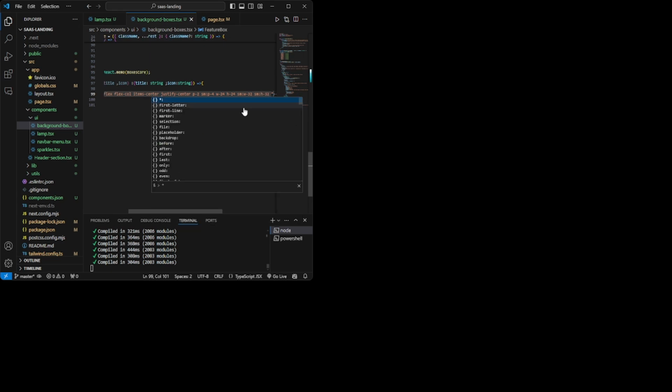Now I want to make it responsive for medium devices. In medium, the width should be 40 and the height should be 40.